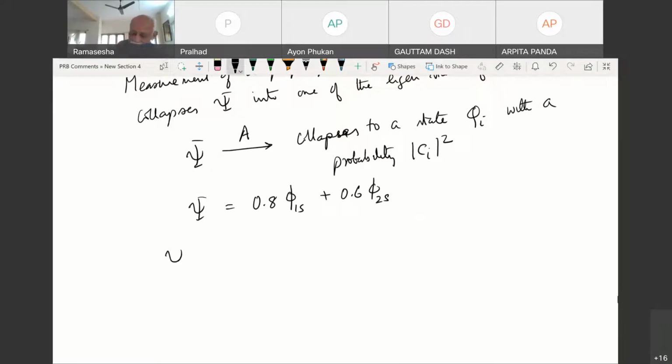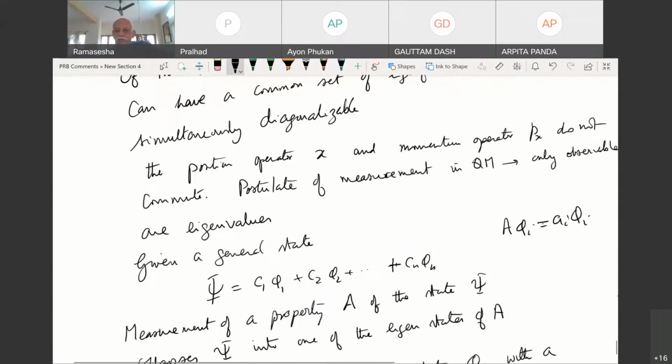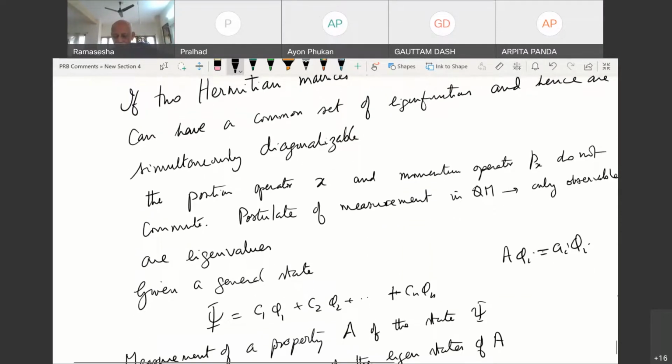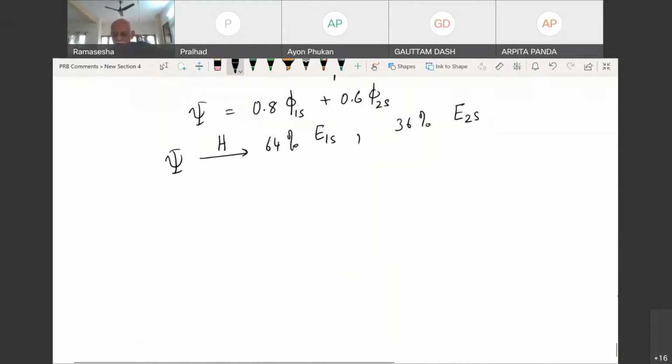If I try to make a measurement of energy on this state using the Hamiltonian, then 64% of the times I get the energy of one state and 36% of the times the energy of the other state. I never can get any value other than the eigenvalues of the Hamiltonian. This is very, very important because the only things that you can measure are the eigenvalues. So if two operators do not commute, then